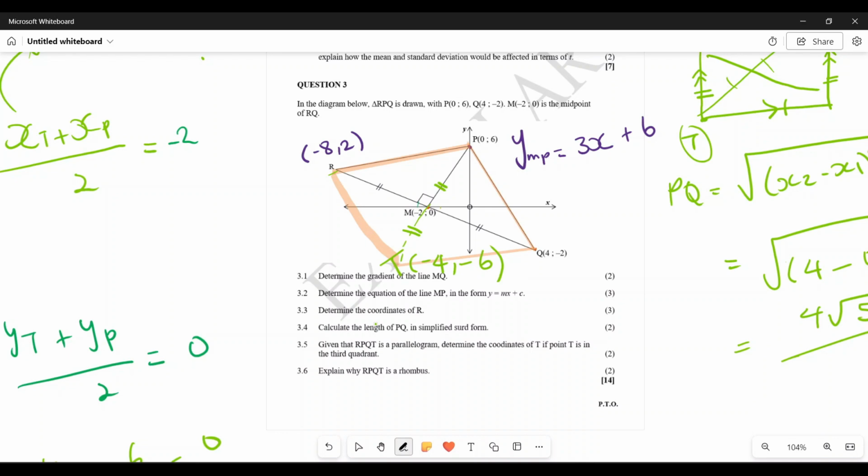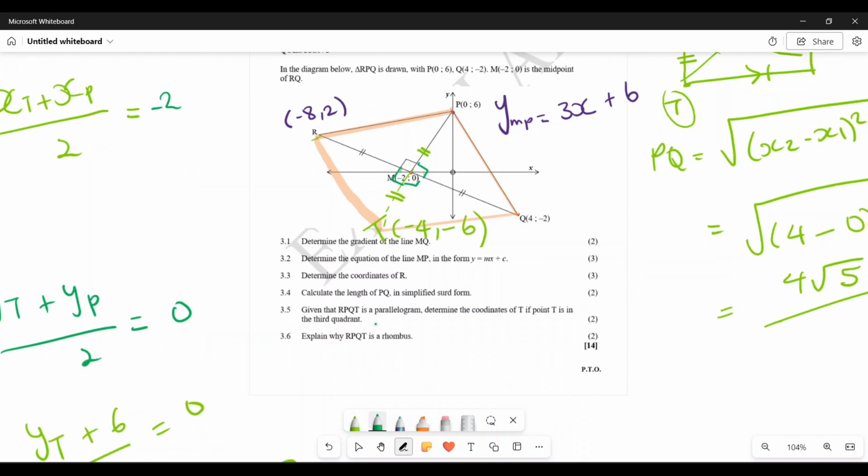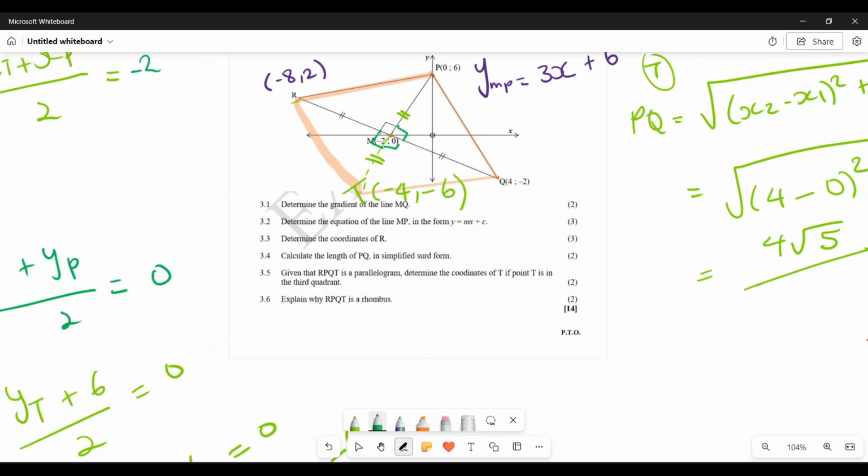Now, explain why RPQT, so RPQT, basically this shape, is a rhombus. Now, remember, the diagonals of your rhombus intersect at 90 degrees, right? So basically these diagonals, they intersect at 90 degrees. So this could be your main reason that you would explain. So basically my reason here would be the diagonals